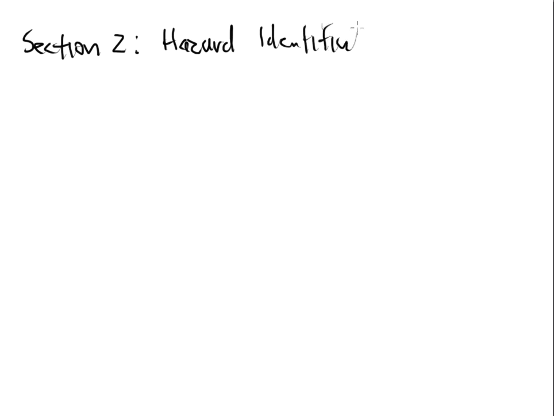Folks, we need to continue on talking about the SDS, and we are now in section 2 of the SDS document. And section number 2 focuses on what we would call hazard identification. Okay, so what's in this section, right? That's the purpose of these videos. We're going to talk about it in more detail, kind of really figure out what's there and what's not going